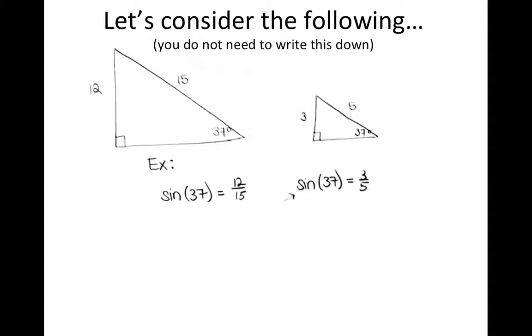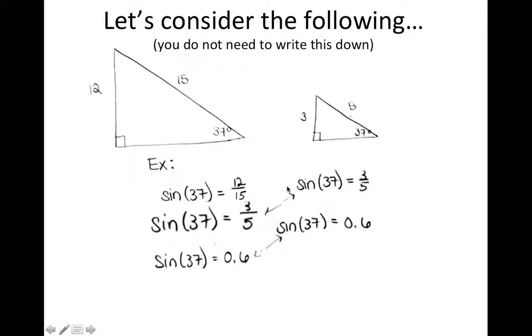We know sine of 37 in this triangle here is 12 over 15, and in this triangle here is 3 over 5. Well, 12 over 15 simplifies to 3 over 5, and both of those fractions are equivalent to 0.6 as a decimal. Now, if you wanted to do this at your seat with your graphing calculator, you would turn